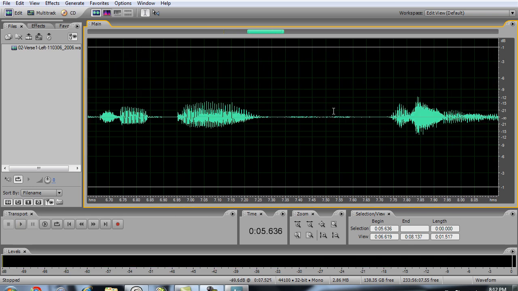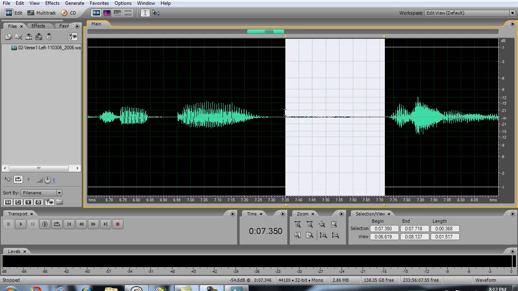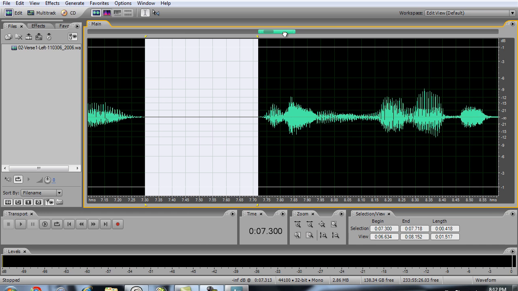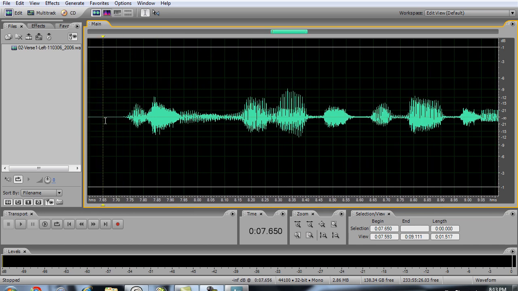And really clean up the track well. It'll help in the long run too. So after you've cleaned it up by muting all the other outside things,